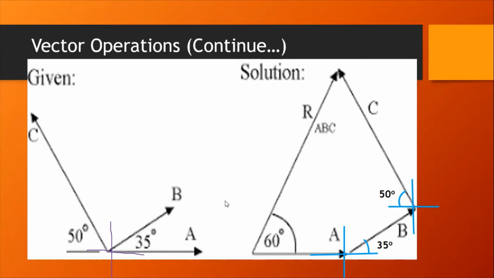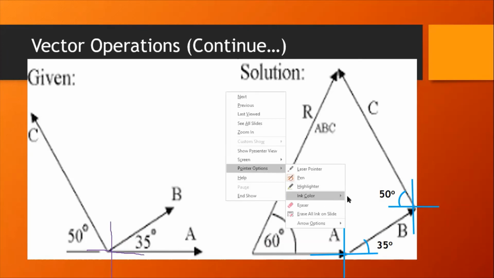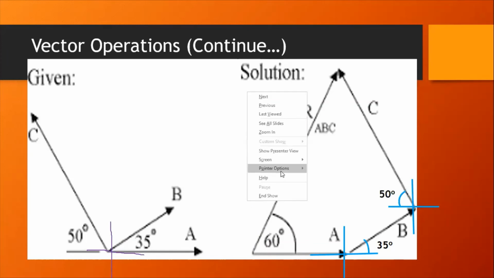So first of all, I will draw the line of vector A. This is vector A. Let me change the color of my pointer. I am going to take red color. So this is vector A. We will simply draw it on the x-axis, the positive x-axis. Now we have to take vector B, and vector B is making a 35-degree angle with respect to the x-axis. So we will go to the head of vector A, and we will draw the axis, and we will take 35 degrees from here, and we will draw vector B over here. Then what will we do?